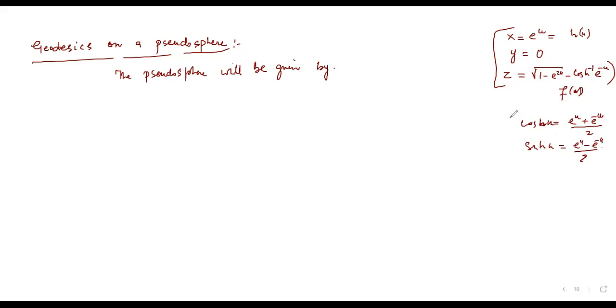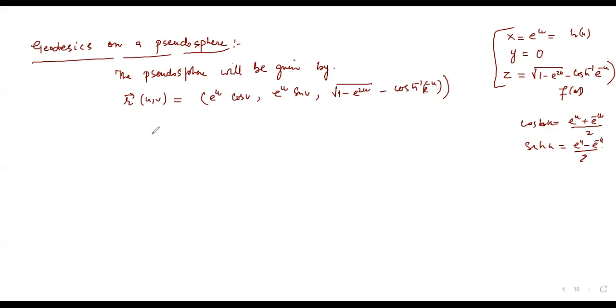Okay, so इसकी equation जो है वो है r of u,v is equal to e raised to power u cos of v, e raised to power u sin of v और अपना जो z coordinate होगा वो होगा root of 1 minus e raised to power 2u minus cosh inverse of e raised to power minus u. So that would be our equation of the pseudosphere,